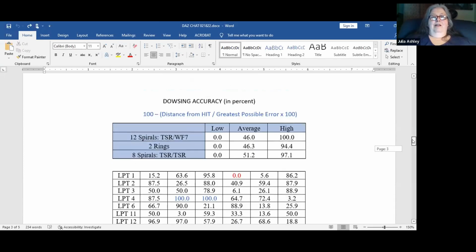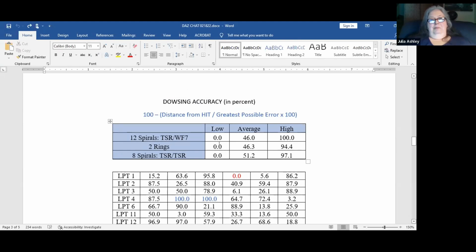So when you put them together, what's really interesting to me is that the average changed. I actually saw an increase where the first 12 license plates, I had a 46% dowsing accuracy, but it rose to 51. And I feel like that's significant for a novice just learning dowsing and dowsing letters, which should be impossible. To go from 46 to 51% at the end of the experiment.